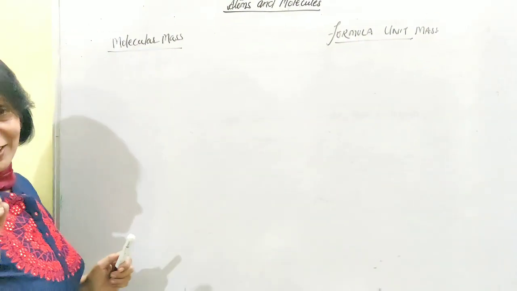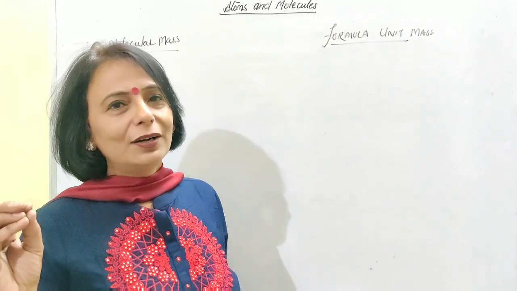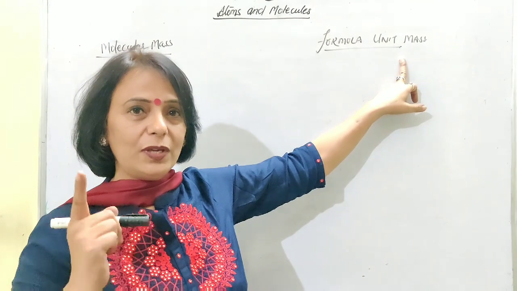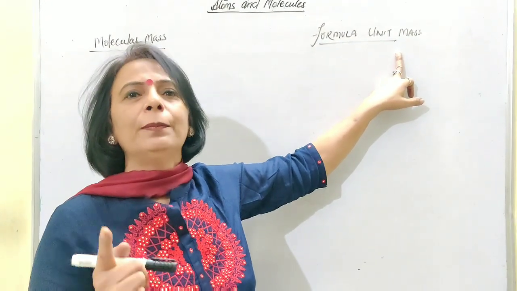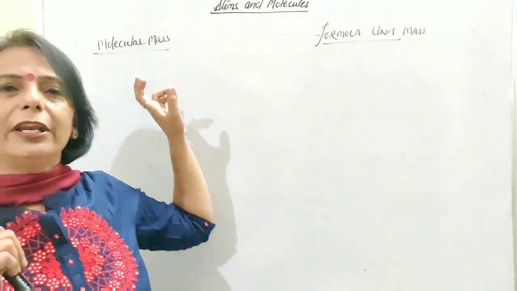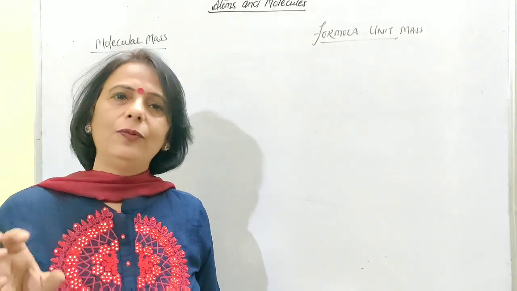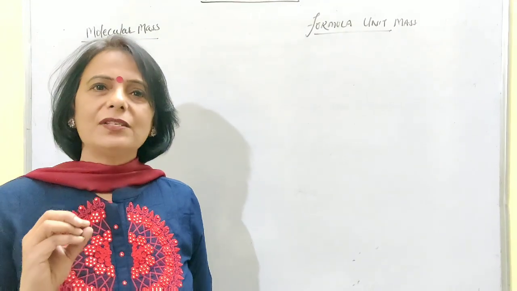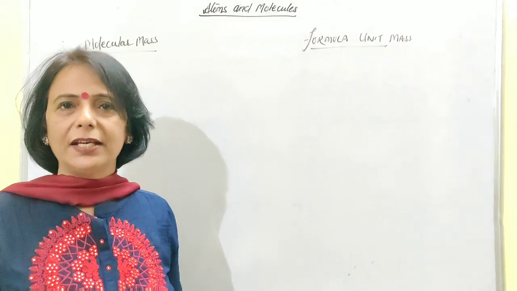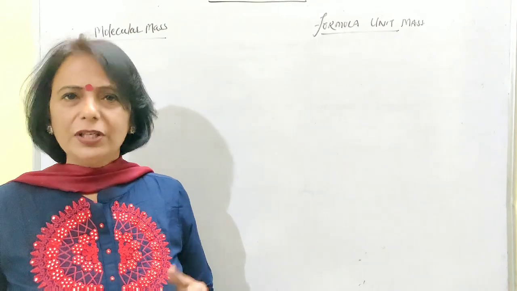Now my smart children must be knowing what the molecular compounds are and which are the ionic compounds. If I talk about the formula unit mass, that means we are very specifically finding the masses of the ionic compounds. If I talk about the molecular mass, that means I am concerned about the covalent bonded compounds where no charges have been included in the formation of the compound. Okay, as we took carbon dioxide, carbon tetrachloride, carbon monoxide, carbon disulfide, sulfur dioxide, sulfur trioxide, nitrogen dioxide, where words like di, tri, mono are generally mentioned.